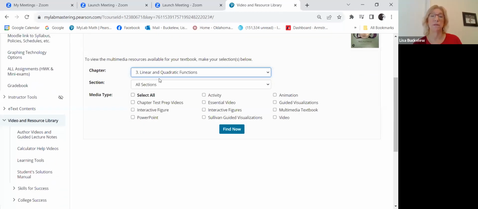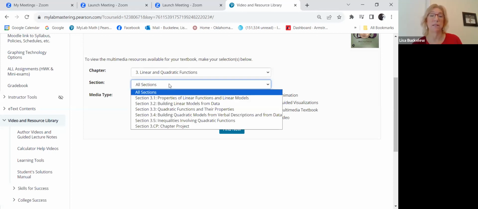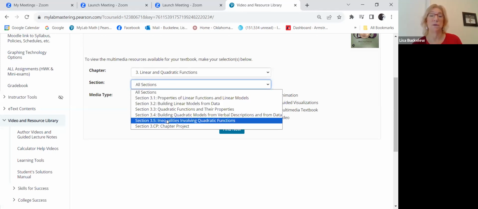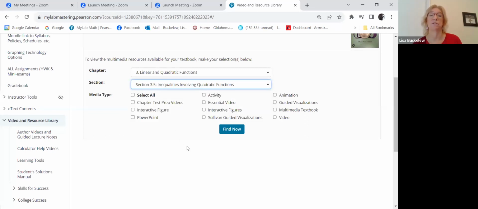So there's chapter 3, linear and quadratic functions. And what I was looking for was quadratic inequalities. So if I go under that and click on the one that says sections and go down to 3.5, there it is, inequalities involving quadratic functions. Okay, so now this down here will show me all of the resources that we have available online for that